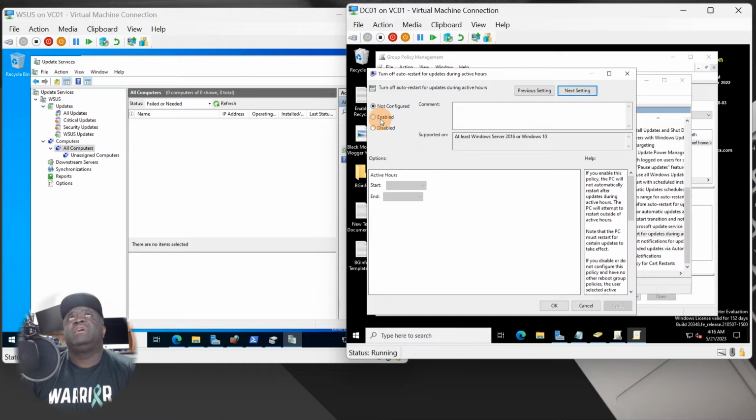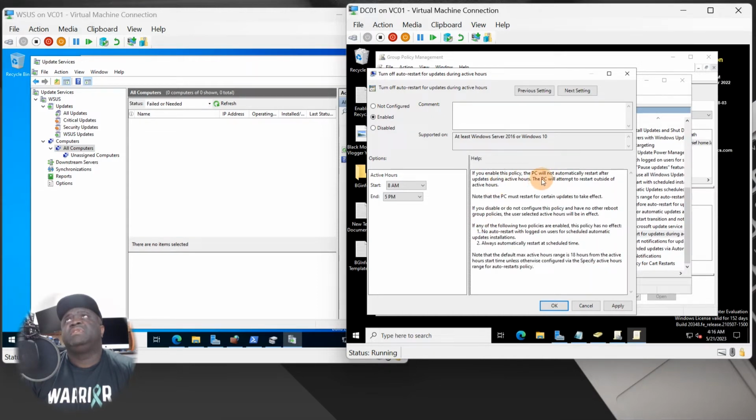These are the active hours, so you can set this basically, as you can see right here. If you enable this policy, let's drag this over. If you enable this policy, the PC will not automatically restart after these updates. So if you disable it and have no other group policy in effect, the hours will remain. So basically, you can set this to where the auto restart for updates during active hours, right? We can say